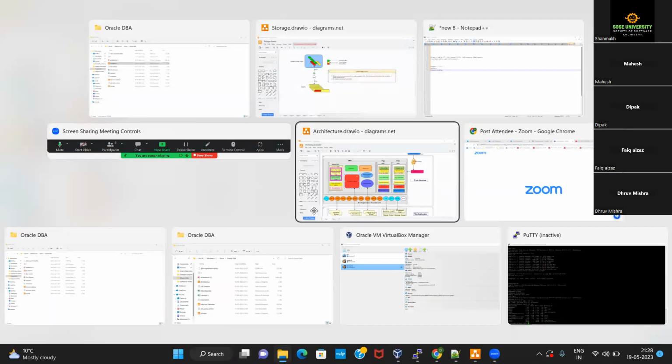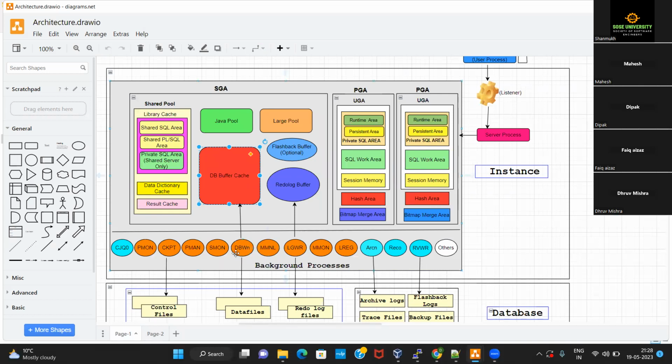If we look at this diagram, it is mentioned as DBWN, wherein that N is specifically mentioned because we can configure multiple database writer processes. By default, there will be only one database writer process, but if you want, you can configure multiple.